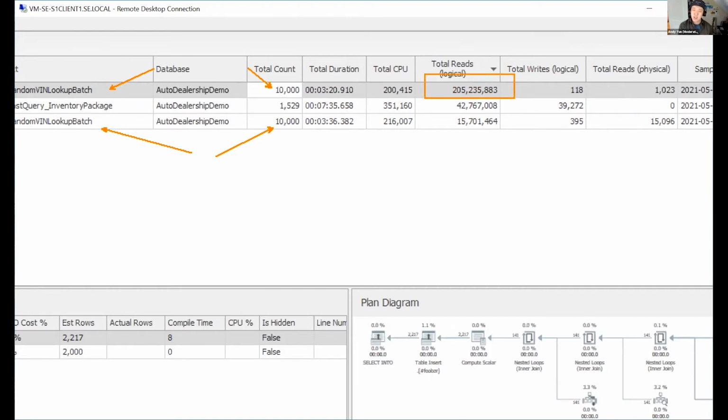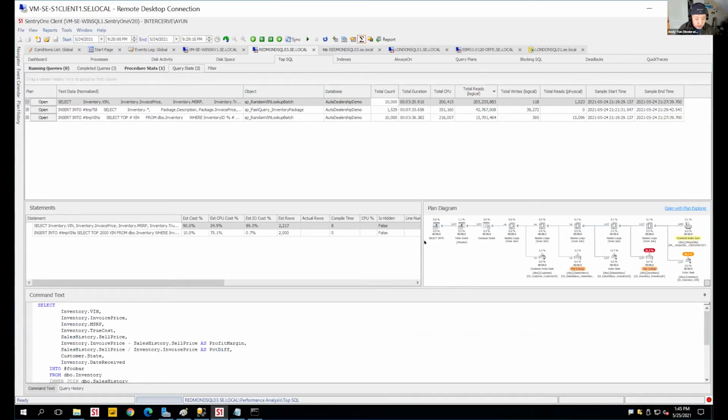And this is one of those things that's kind of a hidden performance killer, because people have that fast running query, it runs, and you don't really think about it. But because your application and your users run it in ridiculous volume, it's one of those things that really adds up behind the scenes. So one of the cool things that I can do inside SQL Sentry in this panel